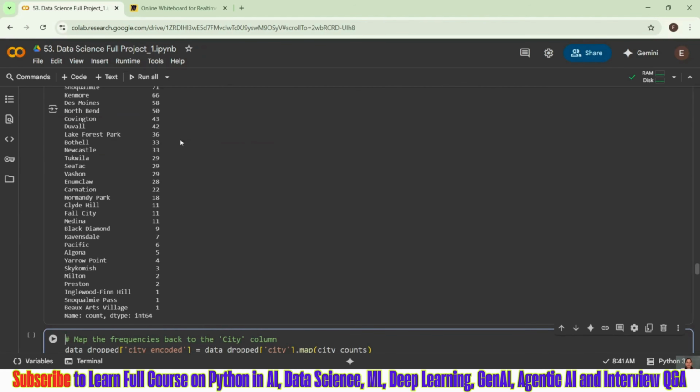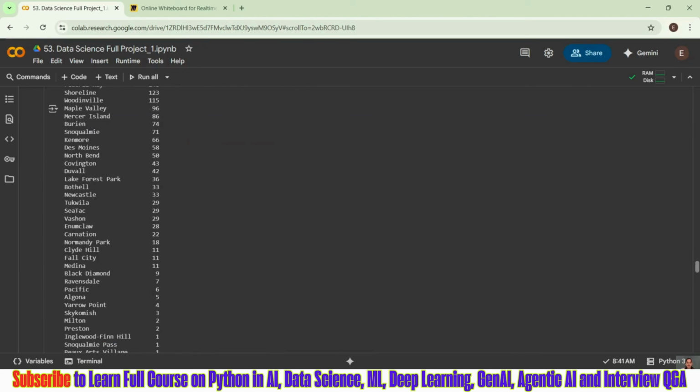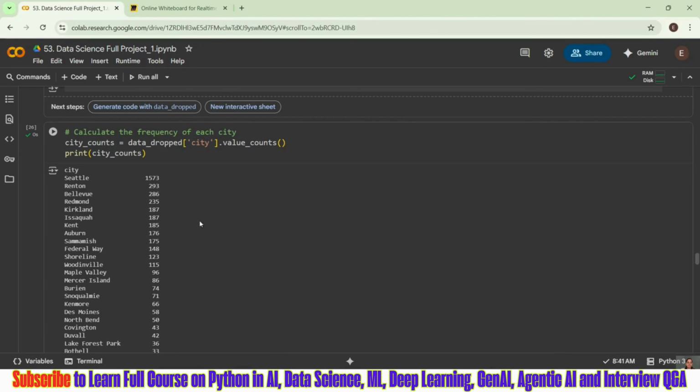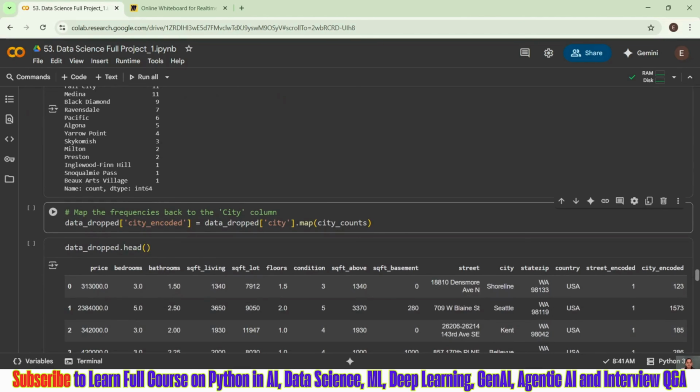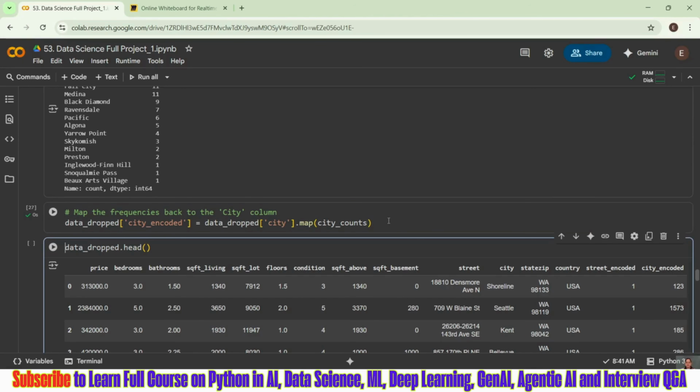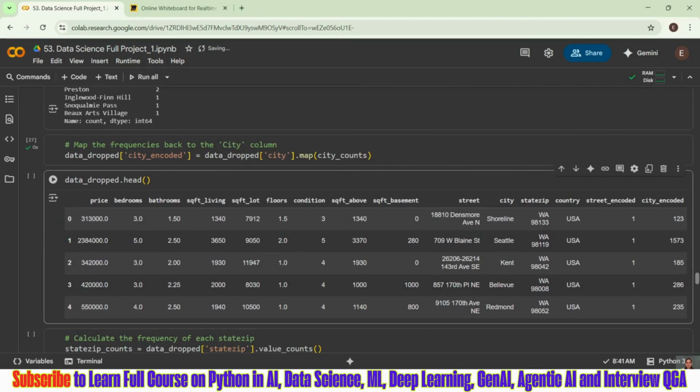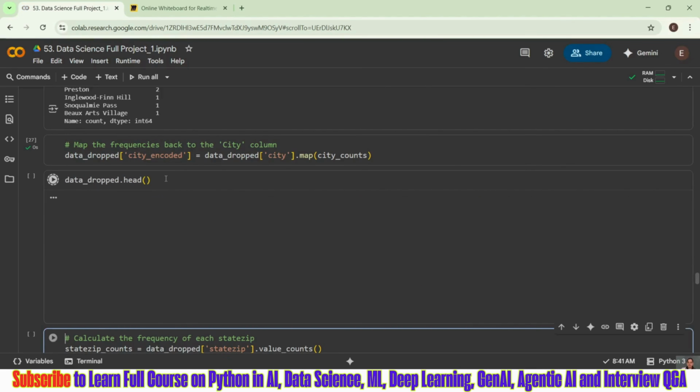So you can see that I have these many city counts present, like Seattle present 1573 times, and like that we have so many. And the same thing we can do, we can change our city and map it like this, and now we are getting city encoded.